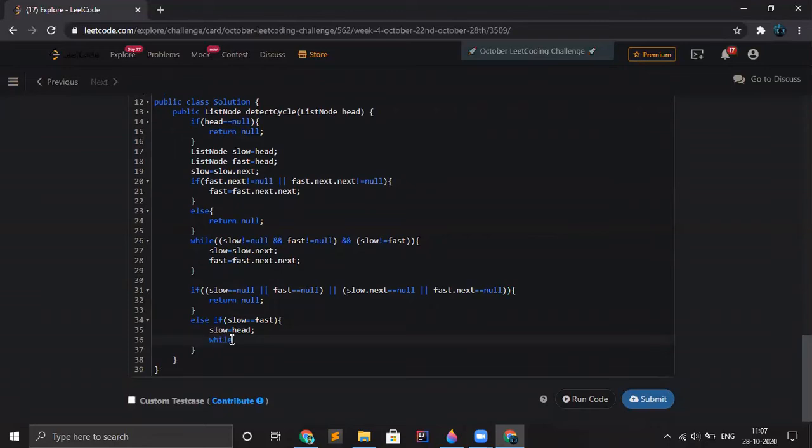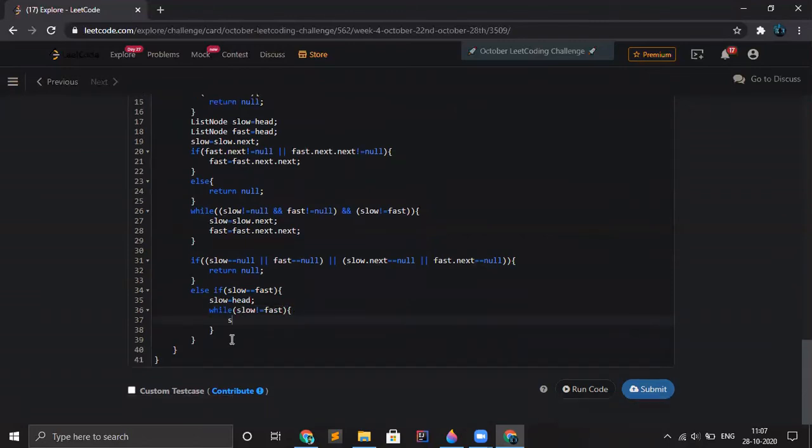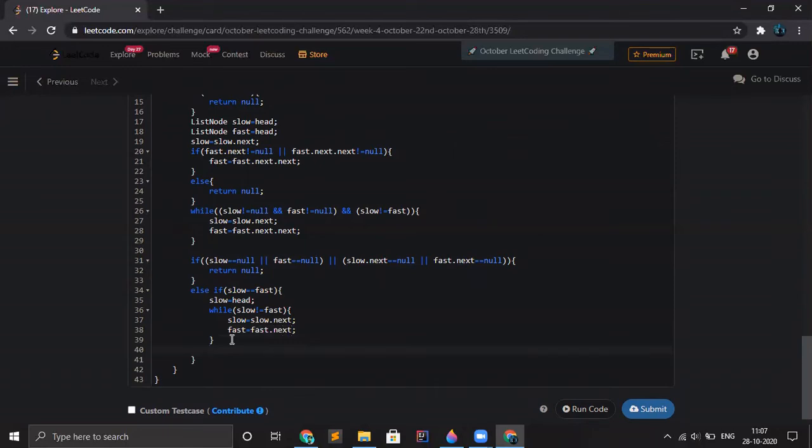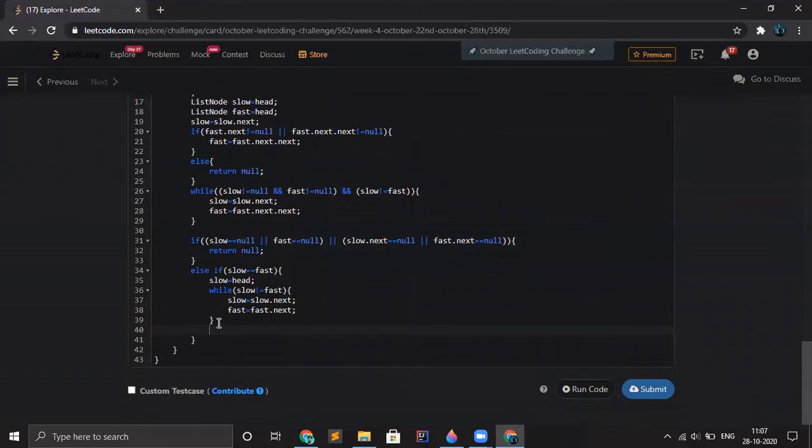Now we iterate both the slow pointer and the fast pointer by one step ahead: slow is slow dot next, and fast is fast dot next. When this condition breaks, our slow will be equal to fast.